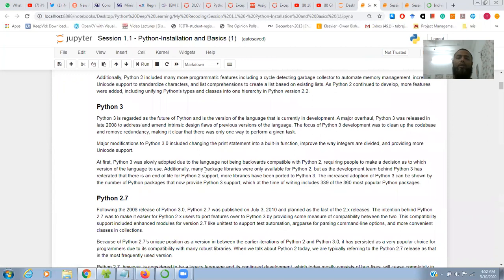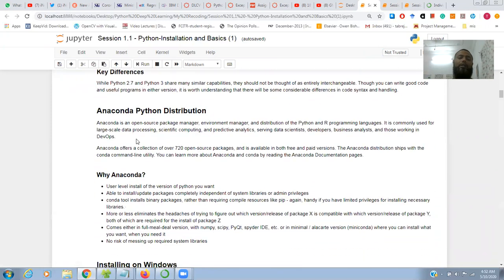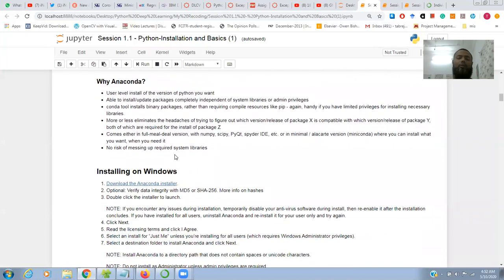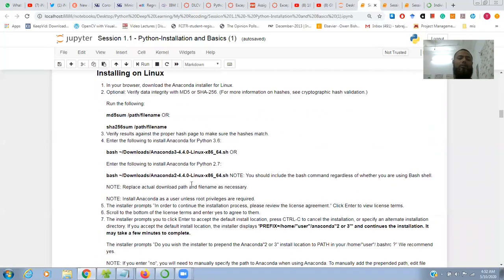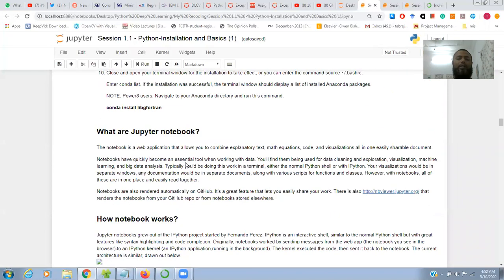But now we are going to work on Python 3, which is the updated version. They have some key differences, and also why we choose Anaconda and how you can install Anaconda on a Linux operating system. All the descriptions are mentioned here.